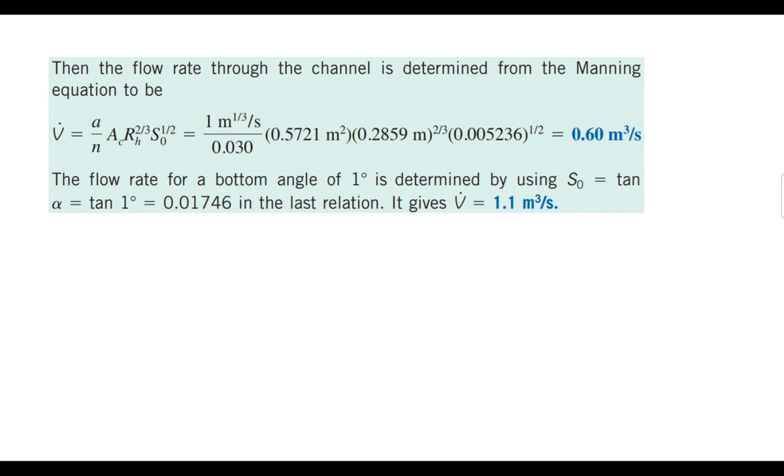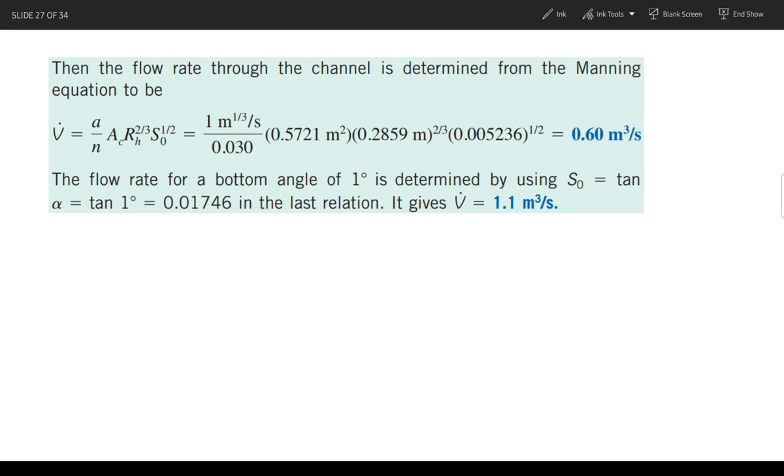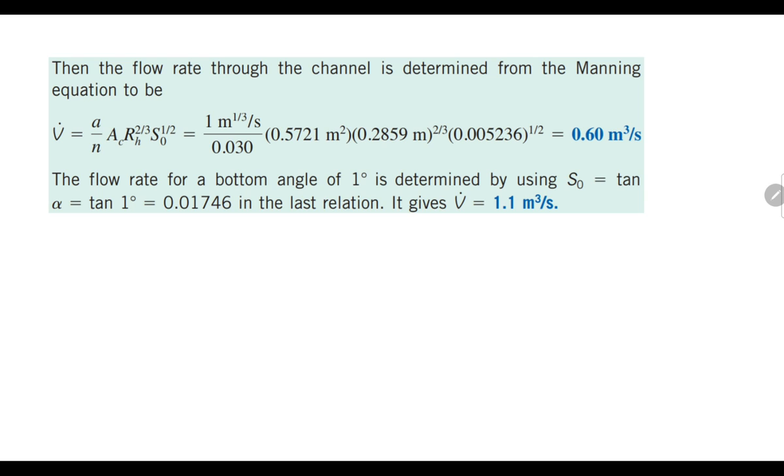Okay, from our previous video and from the previous slide, we already solved the cross-sectional area. We have the wetted perimeter and we have the slope. So solving that equation, we come up with the Q of 0.6 cubic meters per second. So the next question was,